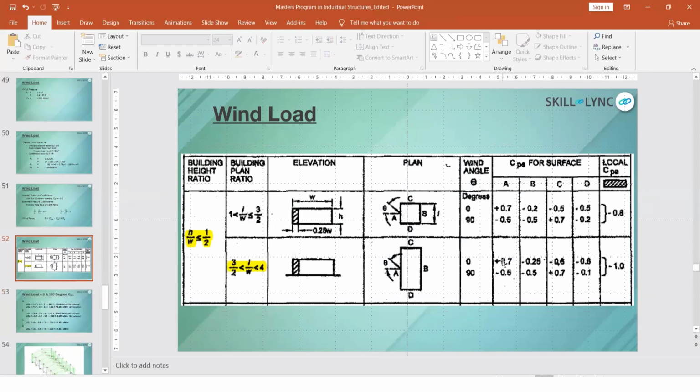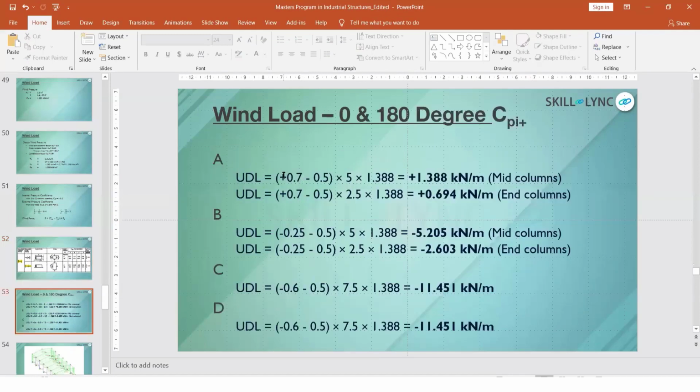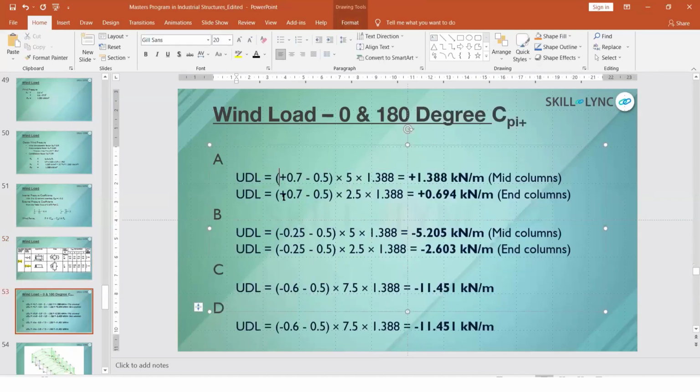So the values for A, B, C, D along the zero angle. This is the zero angle. If you see in the code, it is specified as theta is equal to 0 here and theta is equal to 90 here. So for application of load in the A and B direction, these values you have to consider. So if you see, this 0.7 is from the code.